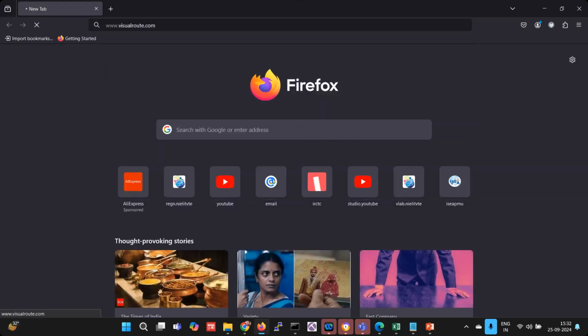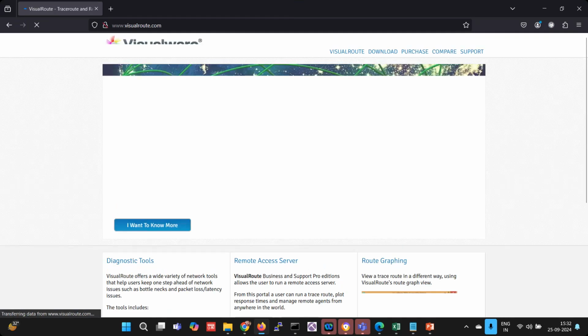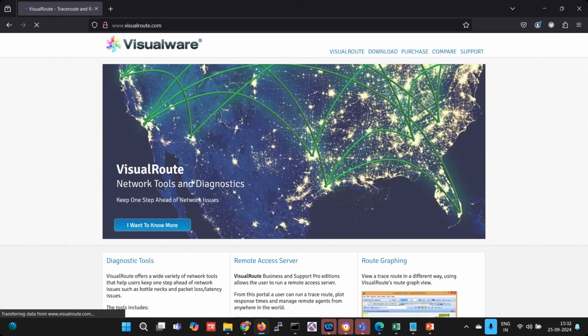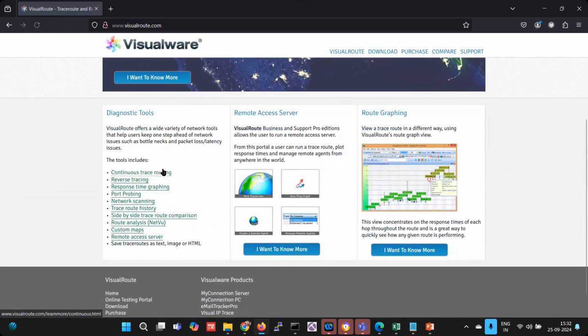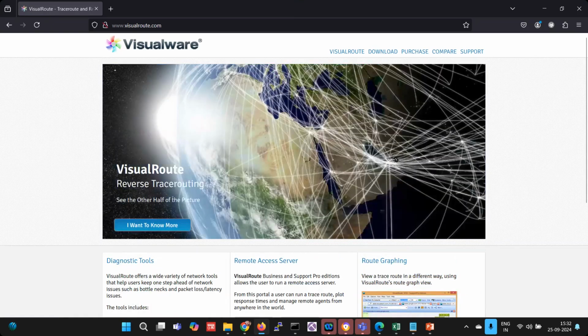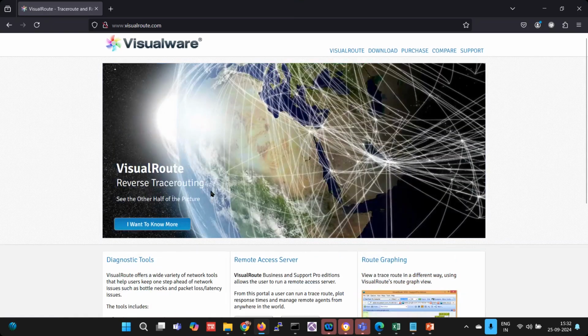So Visual Route will trace all the traffic from your machine to the destination machine on the globe, on the map. So you can plot this tracing on the map. There might be a trial version available, or you can run some online tool. It will show something like this. It will plot the graph